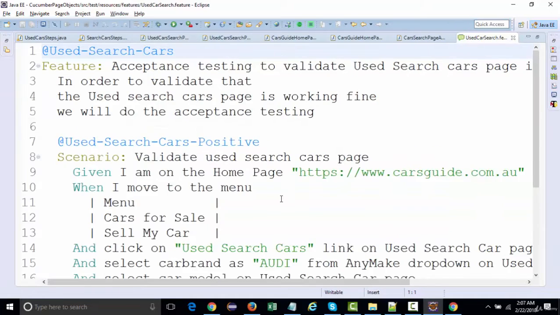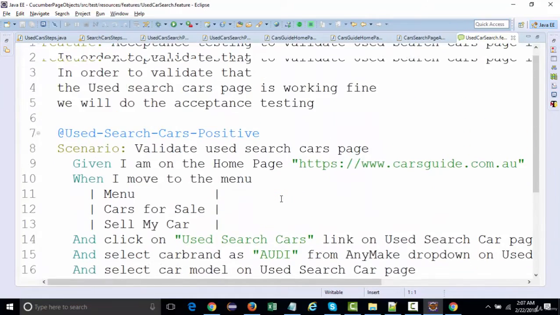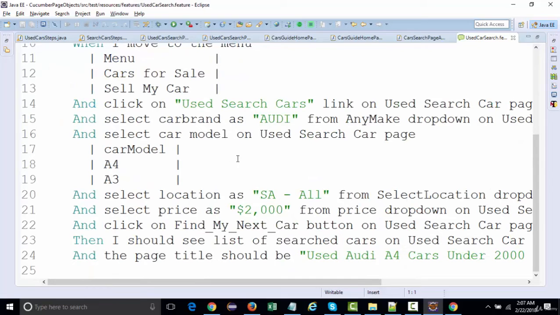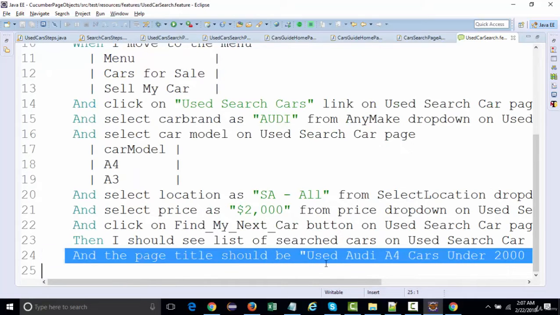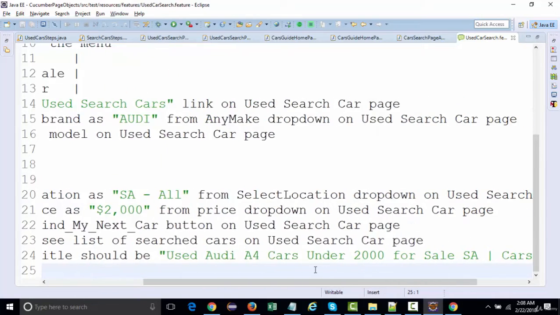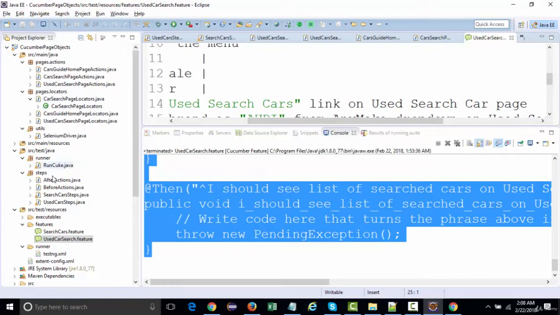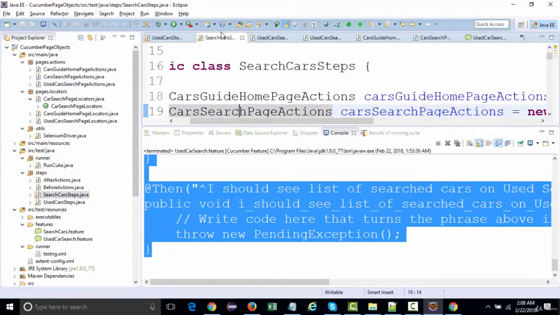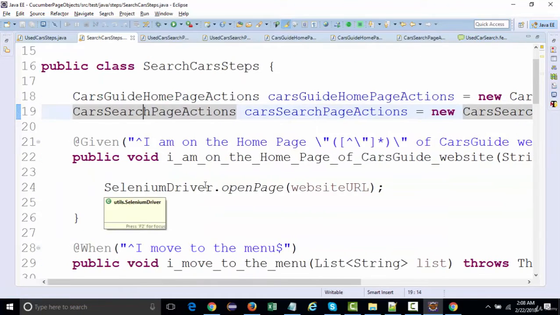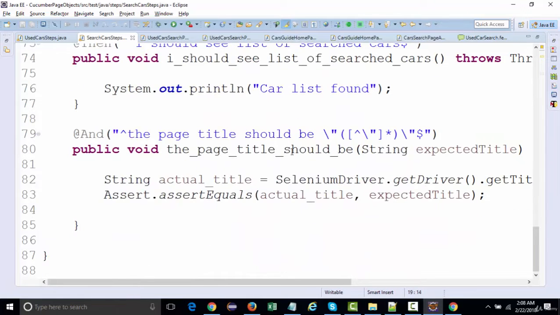So title one, you can see all the steps are implemented now. So the title one and the title should be this. So this will already have been picked from the search car steps, right? Because here this thing remains common. So the title of the page should be